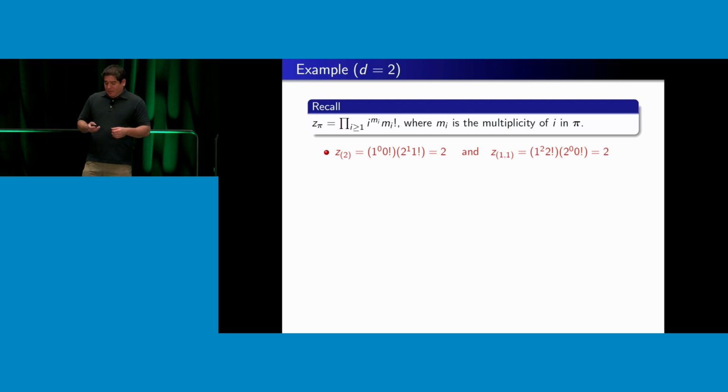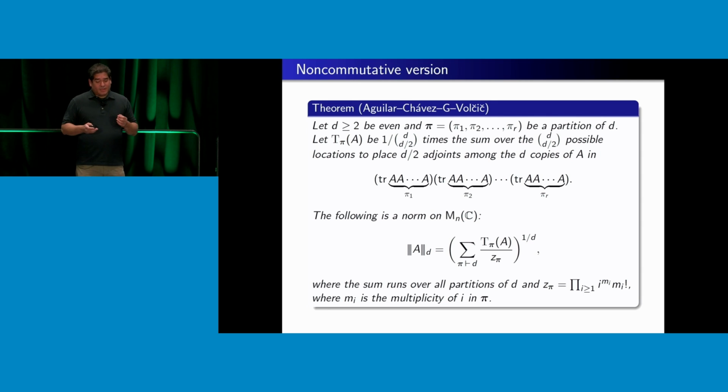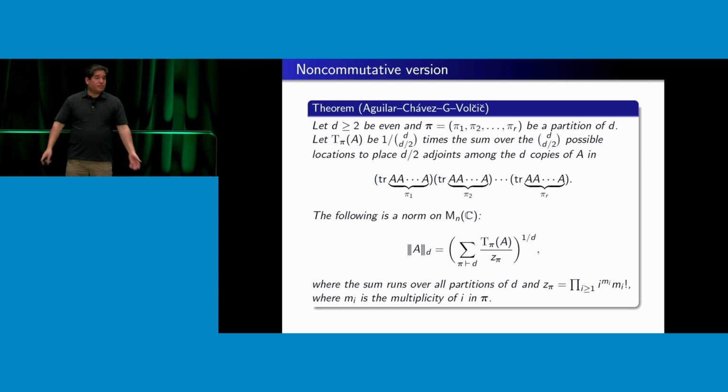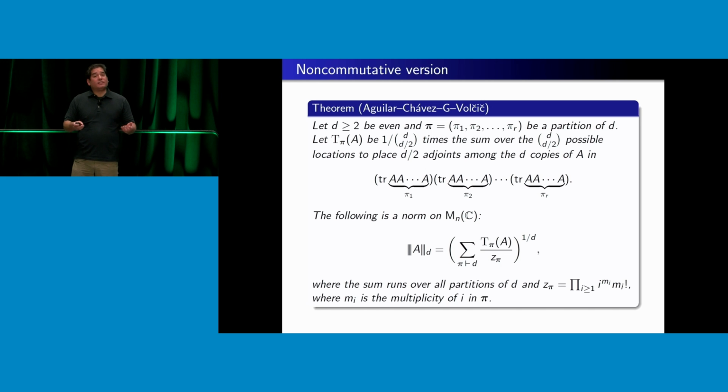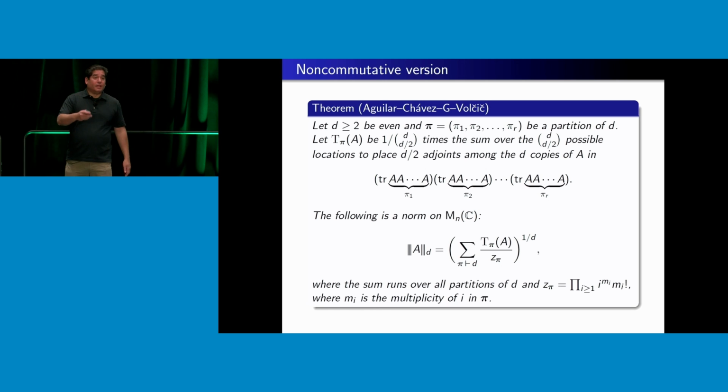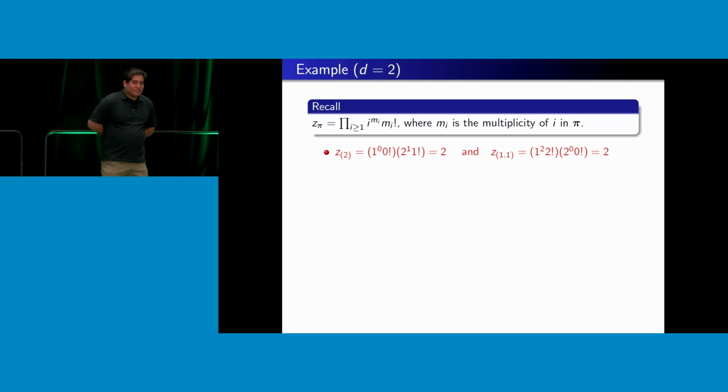So I have those weird constants, right? This z sub pi. Now, this z sub pi looks like a strange-looking thing. I'm going to try and convince you it's not really a strange-looking thing. It's an innocent constant. People who play with symmetric functions in representation theory will be totally cool with this, because it kind of looks like something familiar from that theory. But the idea is this.